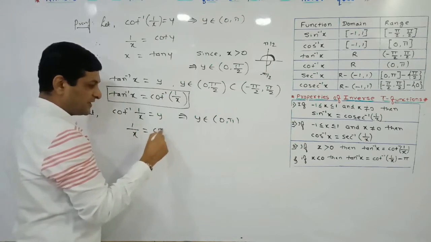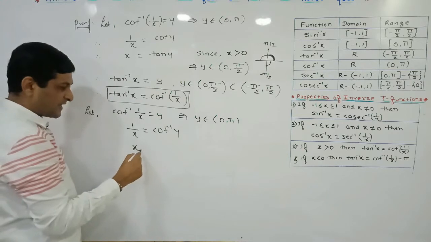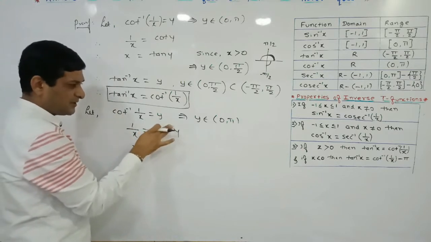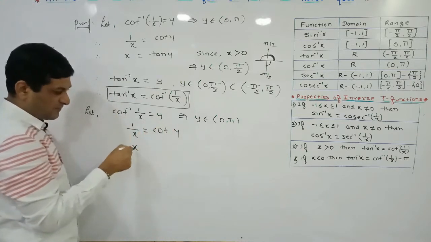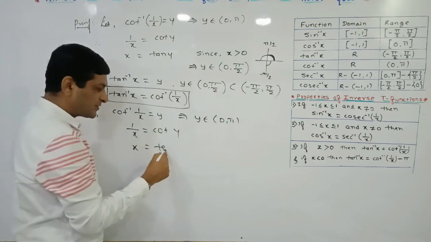On this side we will get cot y. So taking reciprocal on both sides, we have taken cot on both sides. The reciprocal of the left hand side is x. What is the reciprocal of cot y? It will be equal to